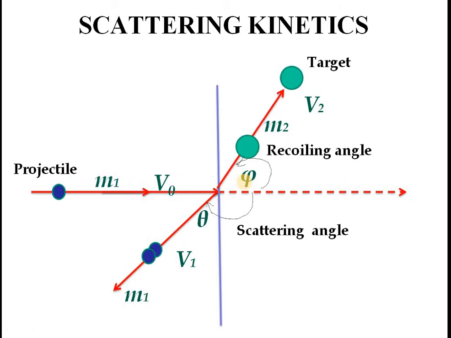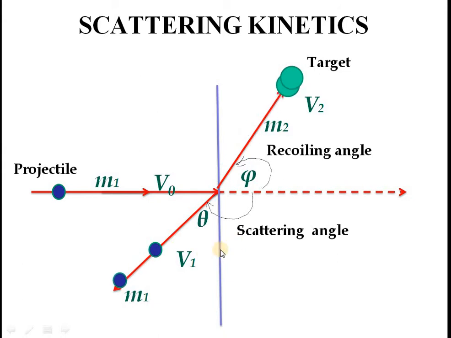Now what we will do, we will apply some laws of mechanics and derive an expression for the energy of the scattered particle. The incident energy we can find out; it will be simply half m1 v0 square, and we will find out the value of v1. Okay, v1 we have to find out using the laws of mechanics. v2 can also be found, because this is elastic scattering. So all fundamental conservation laws in mechanics can be applied here, and we will get the value of v1.